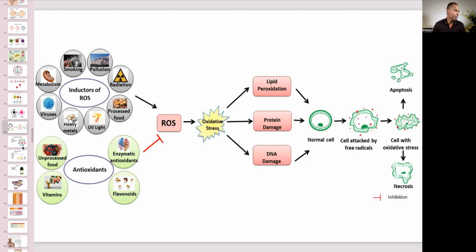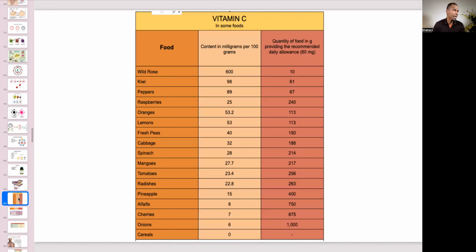So let's look at this right here. We're going to be looking at lipid peroxidation, okay? Of course, protein damage and DNA damage. So last time we talked about vitamin C, and we looked at the different sources of vitamin C, how we're going to try to neutralize the free radicals before they actually hit the cell wall of your cells. Vitamin C is water soluble, so you can neutralize them by getting that vitamin C every single day, because your body does not store it because it's water soluble.